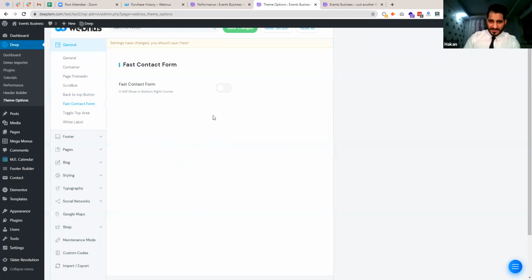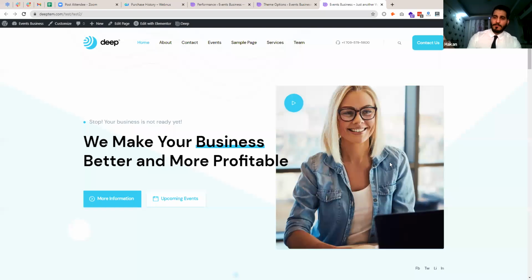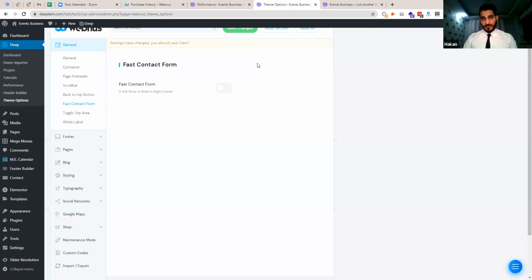Then we have fast contact form. So in order to know what fast contact form is, I have to explain it a little bit. It will be a form popping up from the right bottom side of your screen, so that if some leads come to your website and you want to turn them into customers as fast as possible, you can add this form to your website. It will be added at the right bottom side of your page, and it will pop up, and your users can actually complete that form in order to give you their emails, phone numbers, for your marketing campaigns, probably. And so you can simply turn it on, and you can change the options here,